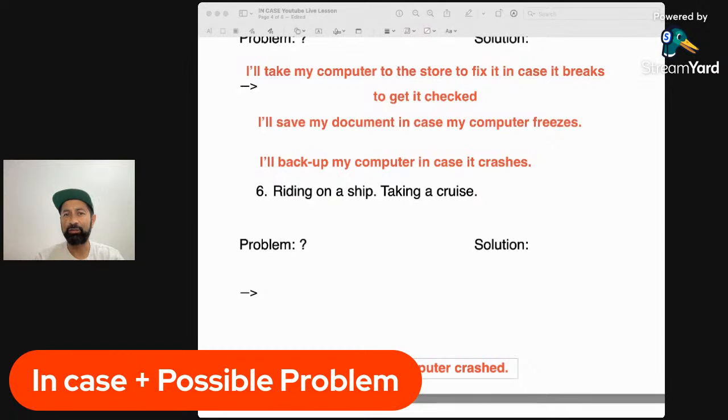Has anyone ever taken a cruise? I've taken sort of like lunch cruises where it's just very short, but I've never taken an overnight cruise. I don't know how I would like an overnight cruise. I think it could be fun, but yeah, I don't know. I've never taken one. If you have, let me know how it is. Is it good? Is it bad?